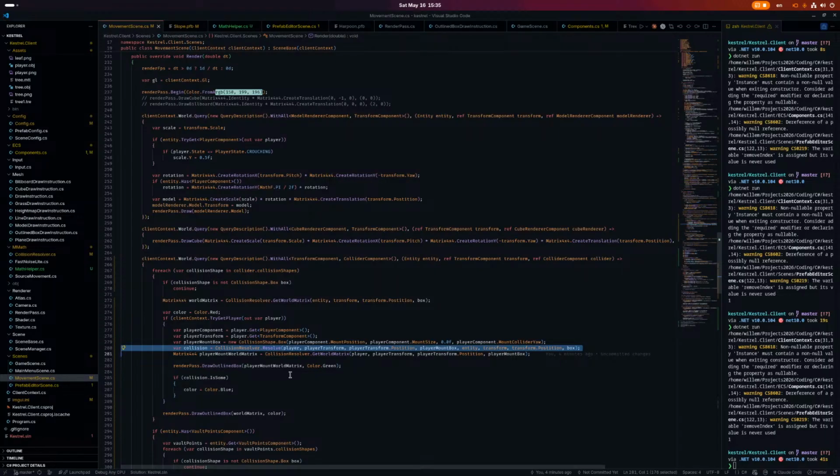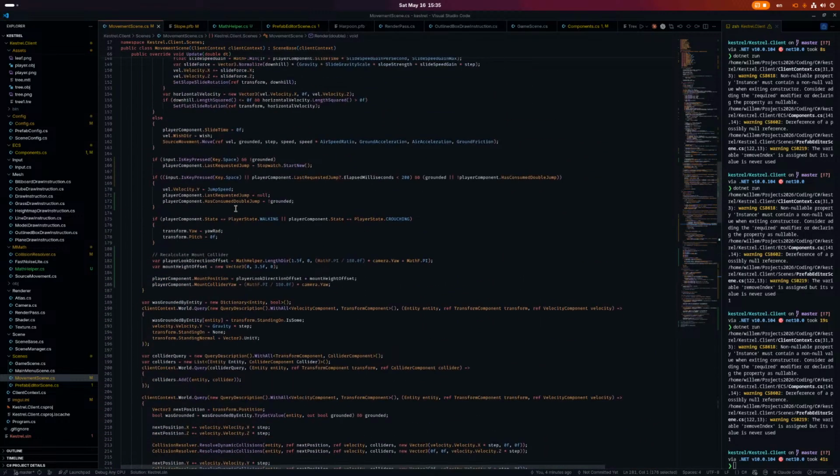I actually have to do this in user space. Okay, let's do it. If you press space, when jumping,